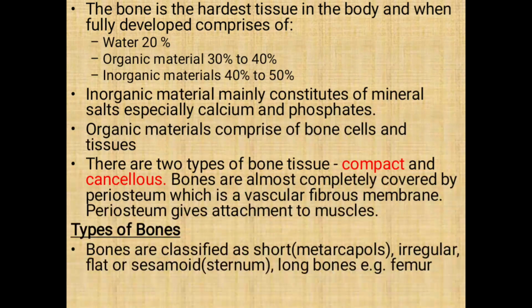So continuing, types of bones. So tumejua kuna type mbili ya bone tissue. Bone tissue ni compact na cancellous. Tutajua in detail. Types of bones, tuko na bones can be classified as short, that is metacarpals, irregular, 2. Then number 3 inaweza kuwa classified kama flat